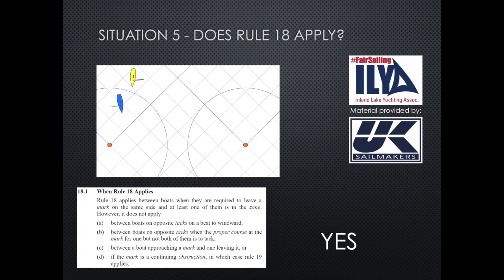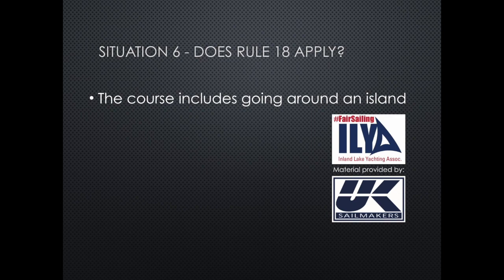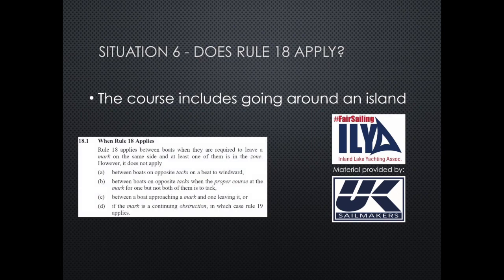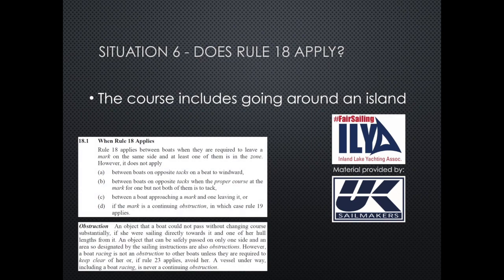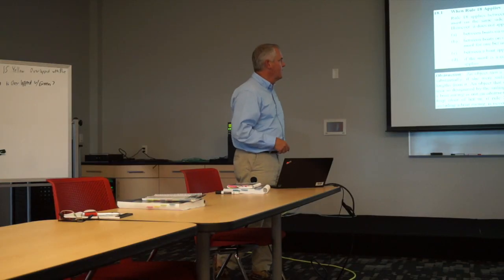So Rule 18 would apply in this scenario. Let's assume a landmass that's an obstruction. In that case, it does not apply because of D. So if the mark is a continuing obstruction, an island, something that is immovable,